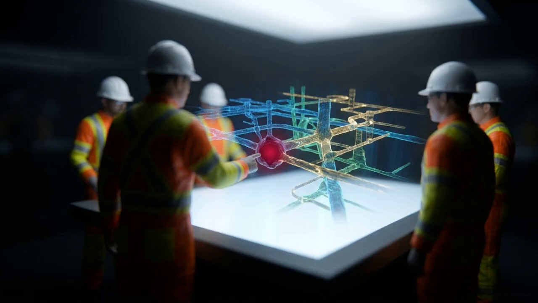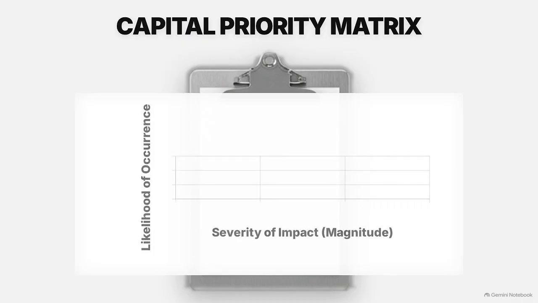Once hazards are identified, an operation cannot neutralize all of them simultaneously. They must be triaged using mathematical risk assessment. This matrix charts hazards across two specific axes. The horizontal axis measures the severity of harm a hazard could cause, while the vertical axis tracks the likelihood of